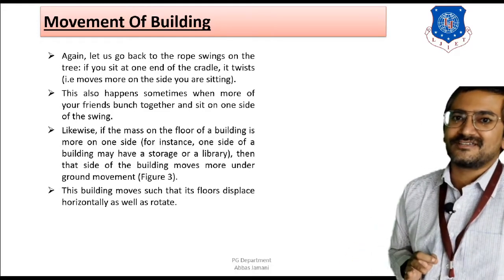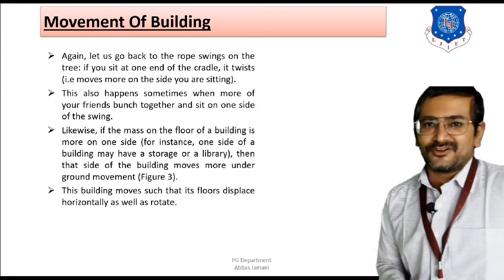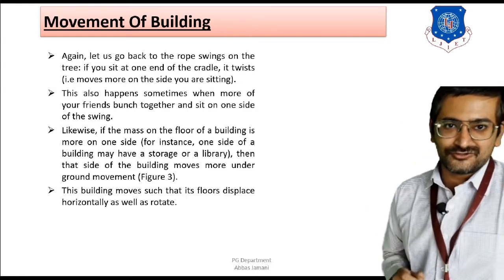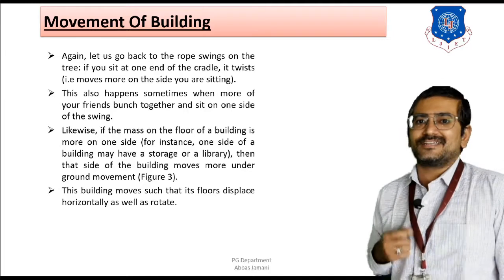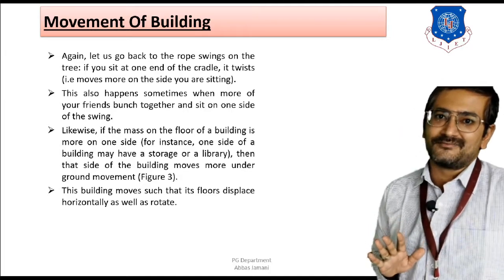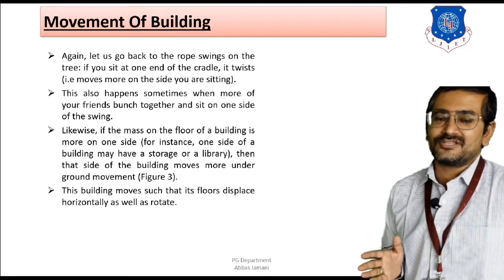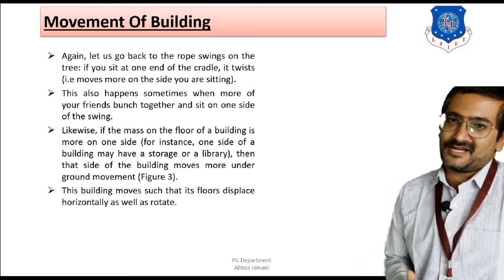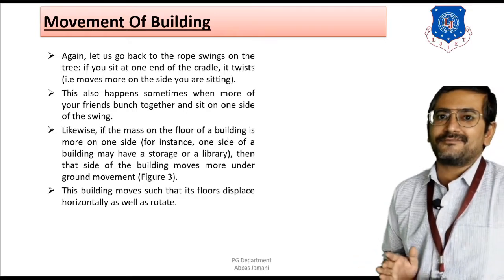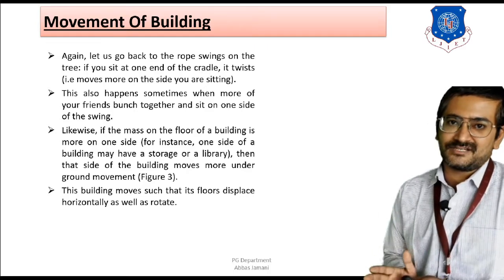So we move a little bit to the side, and we make place for the friend to sit with us. There is no harm. The friend is going to be happy, but the geometry of the swing is going to be unhappy. Why is it going to be unhappy? Because the center of mass has shifted, and it has shifted from where? From the center of the system, that is, the system of the rope swing.